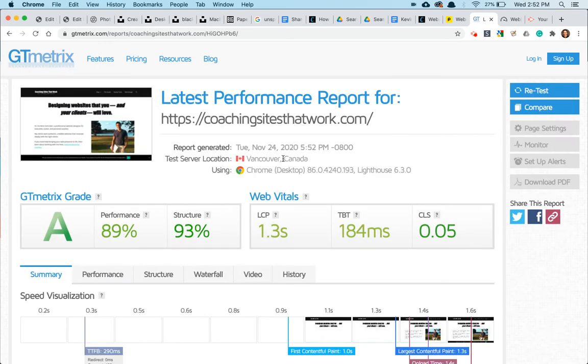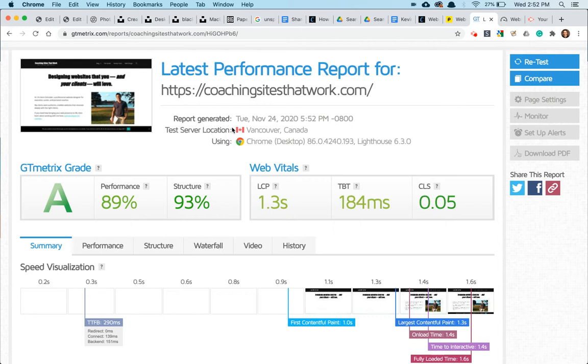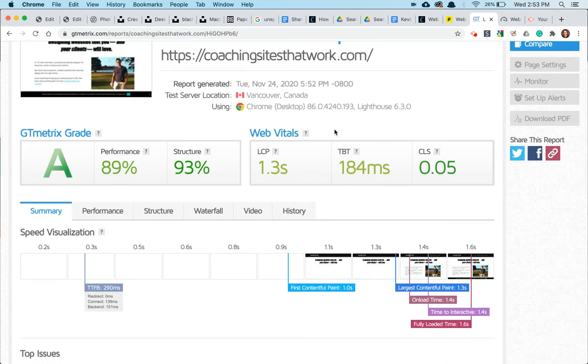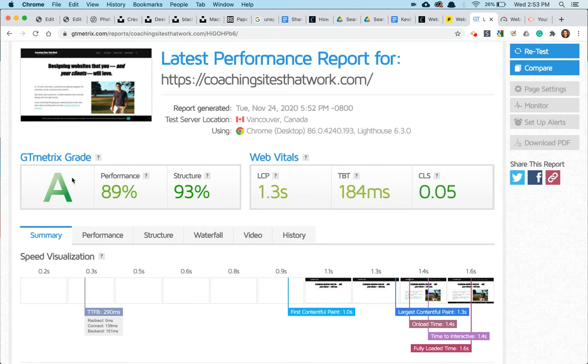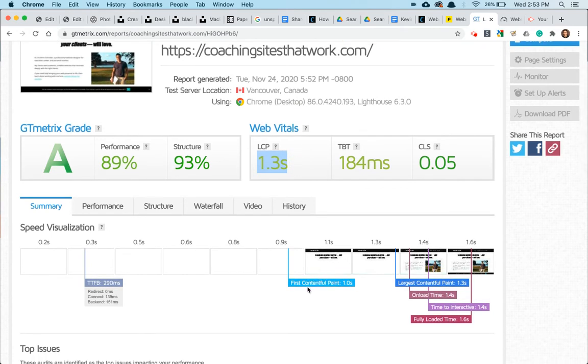And so for my home page, it's testing it out of Vancouver, Canada, and I'm mainly focused on US, and then there's UK, and then Australia, New Zealand. Those are more like the main English-speaking countries is kind of where my clients are mostly. I got a performance grade of A. LCP, this is 1.3 seconds, quite fast, and it's